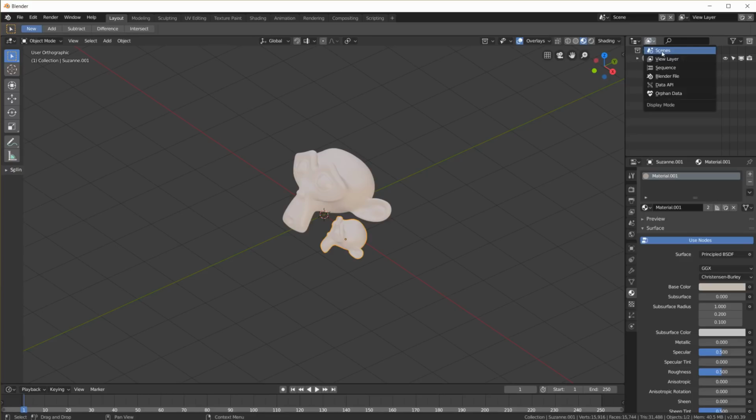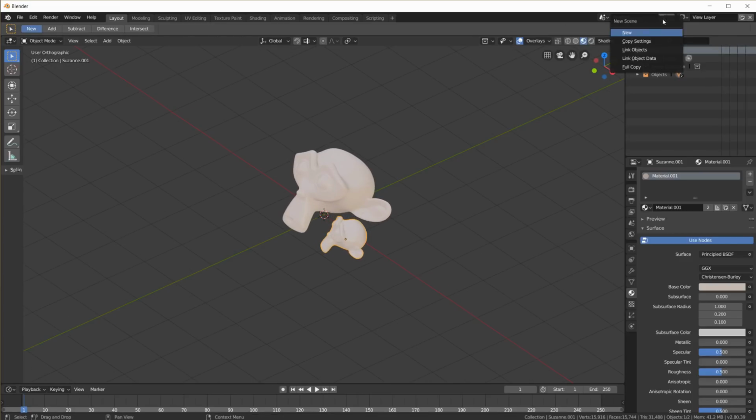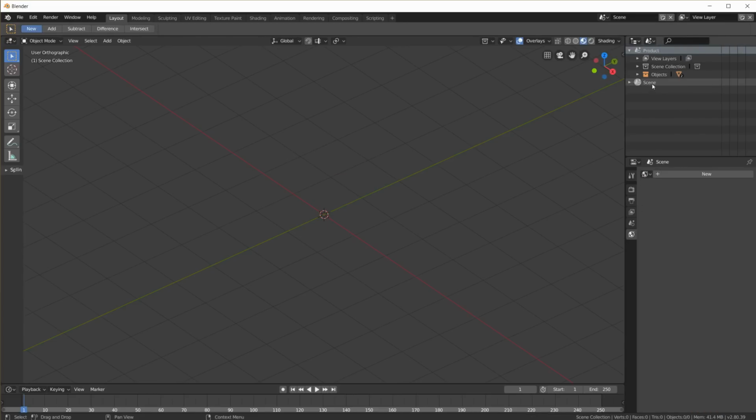Now I switch over to scenes right here, and the default scene that I started with, I'm going to rename to product. Now the trick to rendering everything out into different images with different lighting setups, different backgrounds, is using scenes. So for example, let's start with the Instagram scene. So I create a new scene, call it Insta, and in this scene, I want